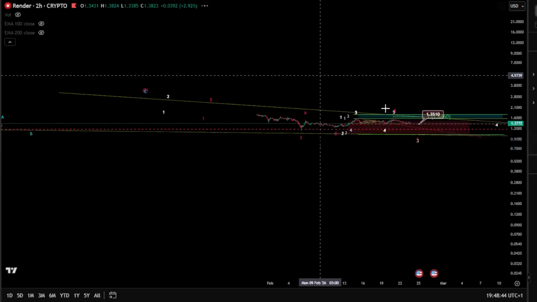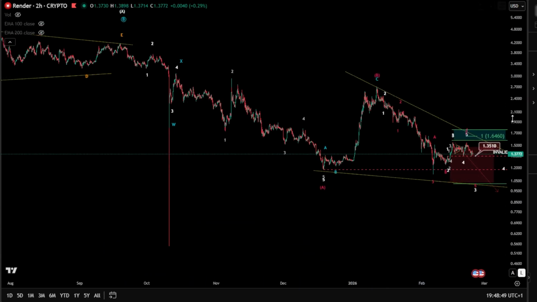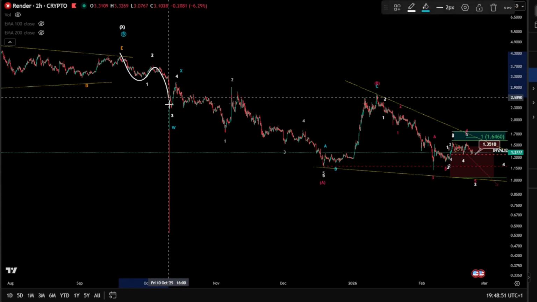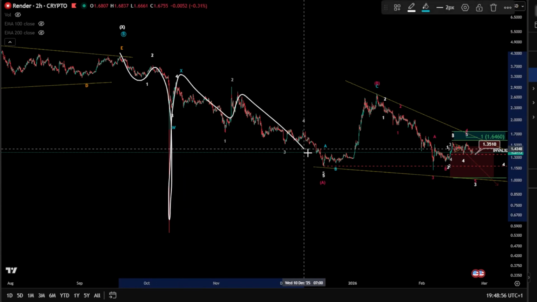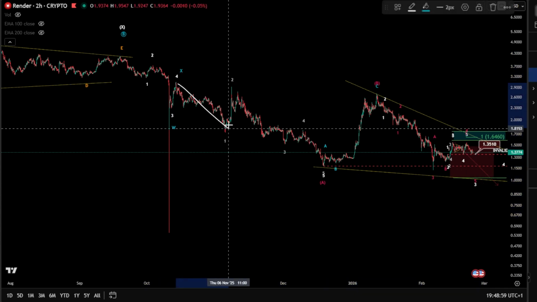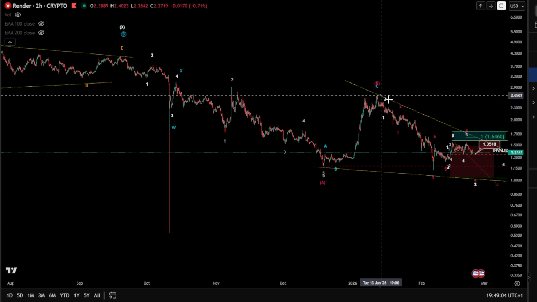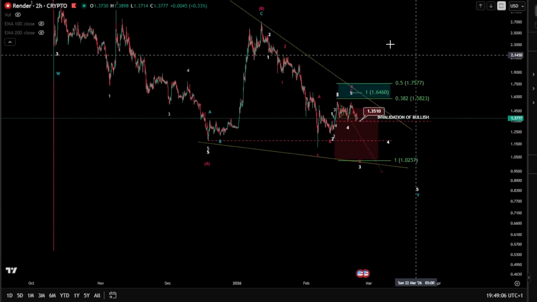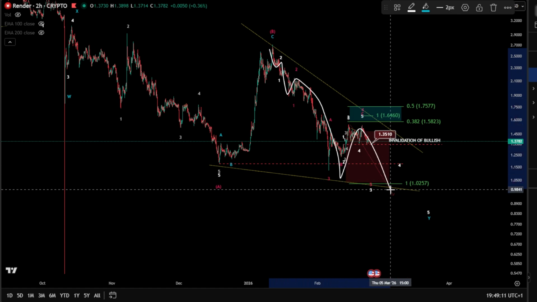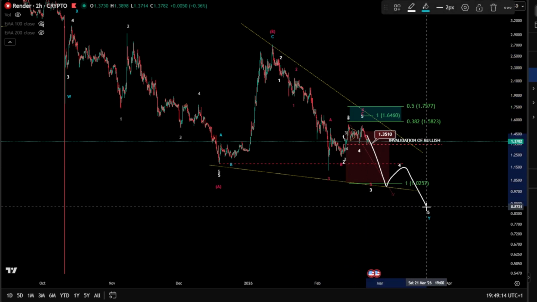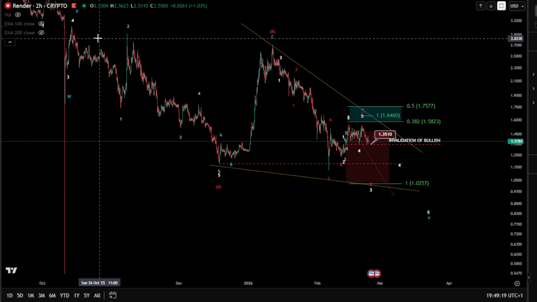On the 2 hours chart, we can see for Rndr, since we got this triangle finished in a wave B or an X, you have 3 waves down, a potential wave W, and then X. And in case you are in an A, B, and a C zigzag, you have a 1, 2, 3, 4, 5 kind of wave A, B, and a C. This wave C is still unfolding as an impulse, still showing a double 1, 2, wave 3, and then wave 4 and a 5 still to be finished, and then 4 and a 5 for deeper price. So in case there is a wave Y in WXY that it wants to finish up,